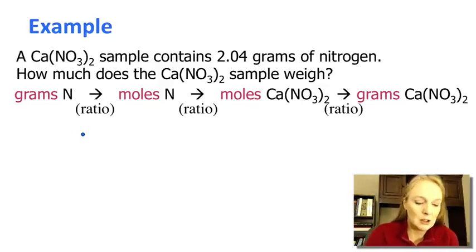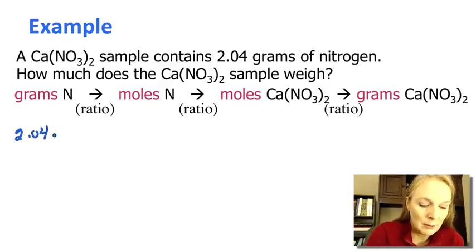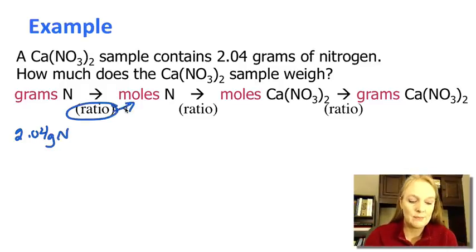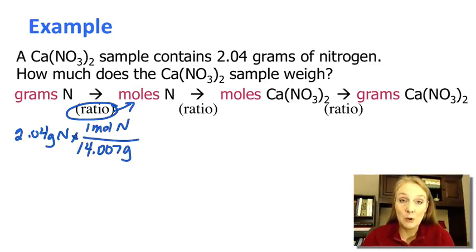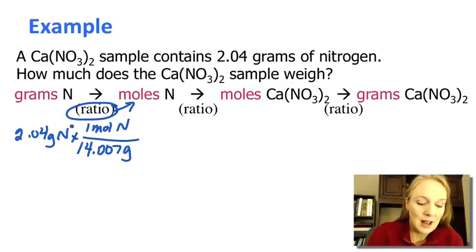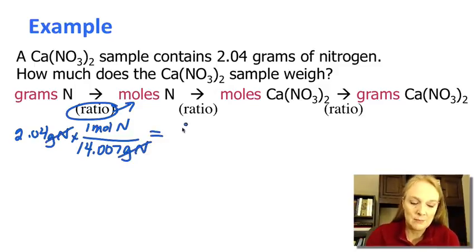First of all, I'm starting with 2.04 grams of nitrogen. And I need to convert that into moles of nitrogen. Well, I can look at the periodic table and see that 1 mole of nitrogen has a mass of 14.007 grams. I got that just from looking on the periodic table. 14.007 is the average atomic mass of nitrogen. If I multiply those two numbers together, the grams of nitrogen is going to cancel out and leave me with moles of nitrogen. And that is